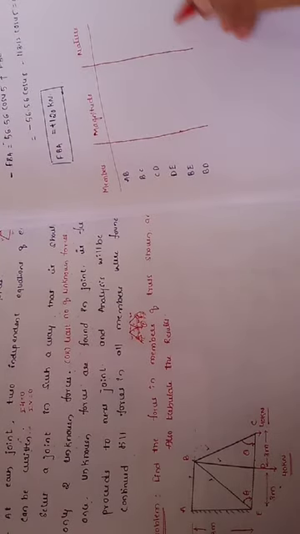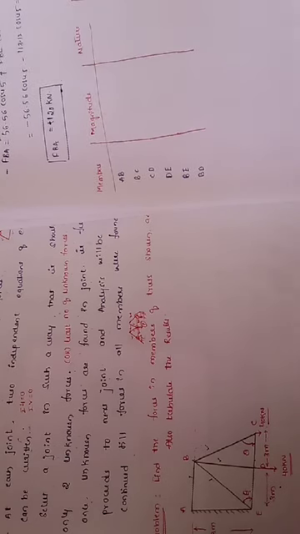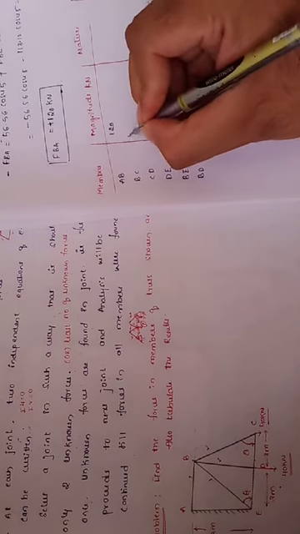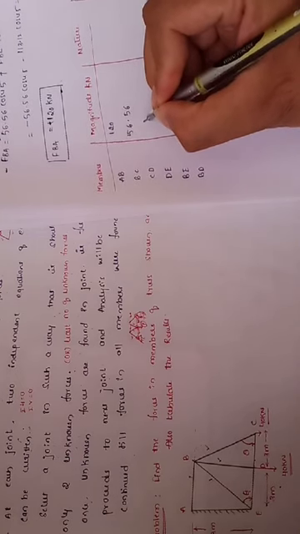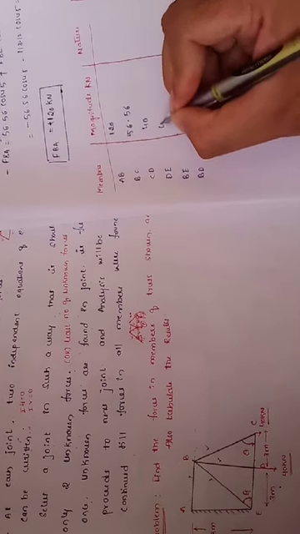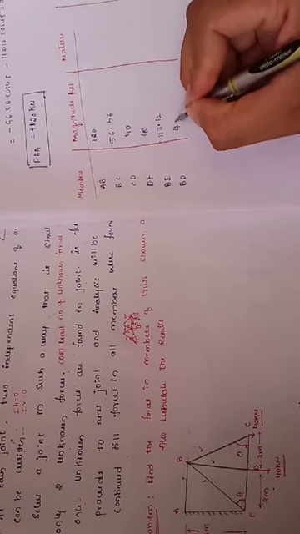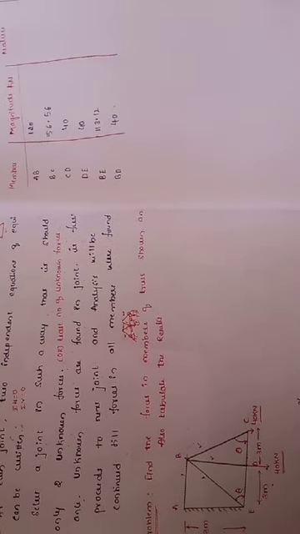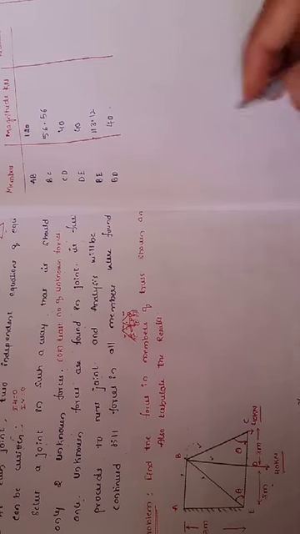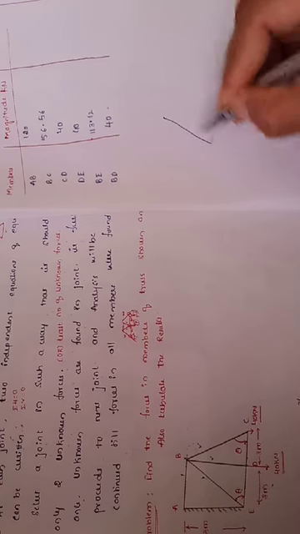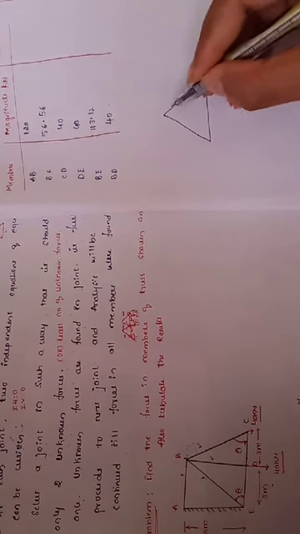The next one, what is the value of the member AB? 120. This is magnitude in terms of kilonewton, right? 120. Next one, 56.56. CD I got 40, DE I got 40, similarly BE I got 113.12, BD I got 40. So here we'll draw the figure of this one. Ultimately we are supposed to show it in terms of the nature of force diagram.